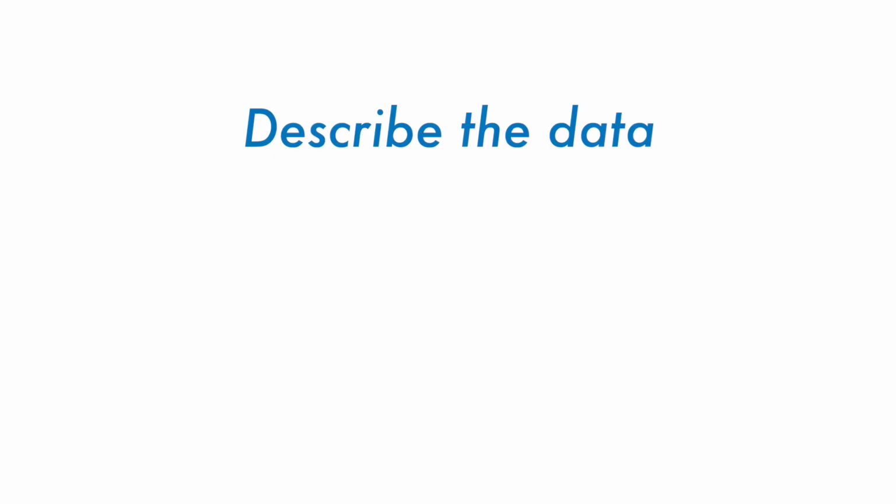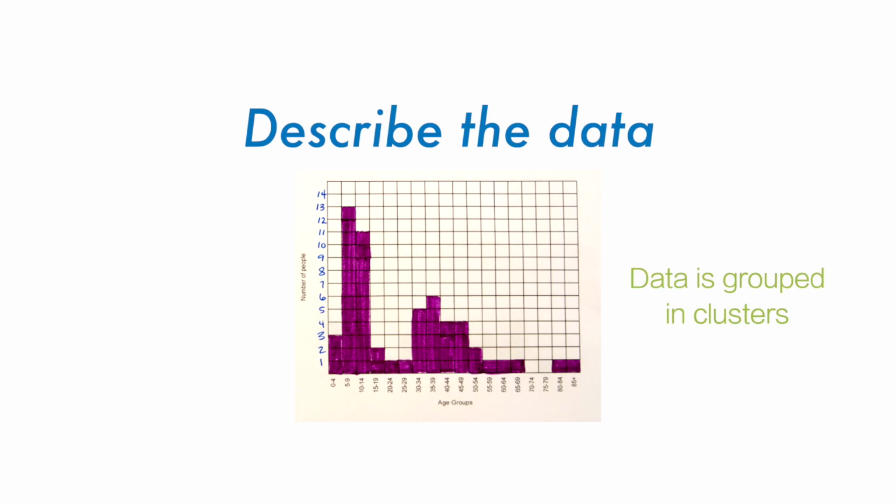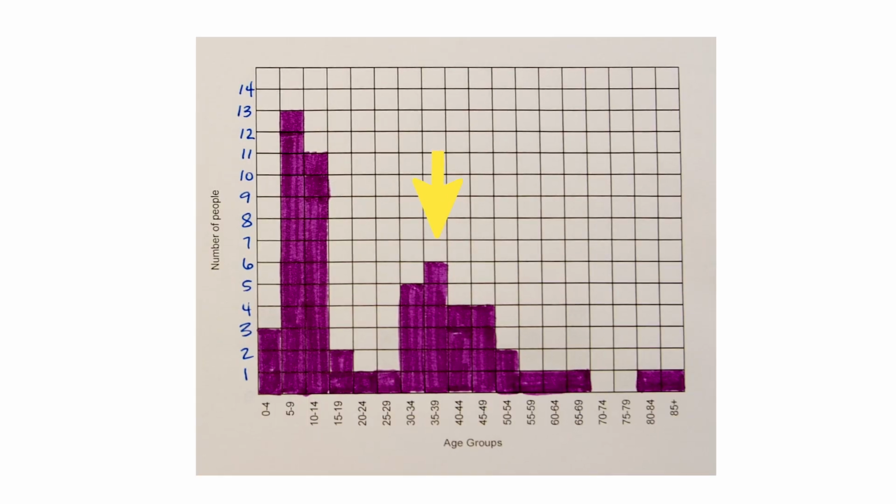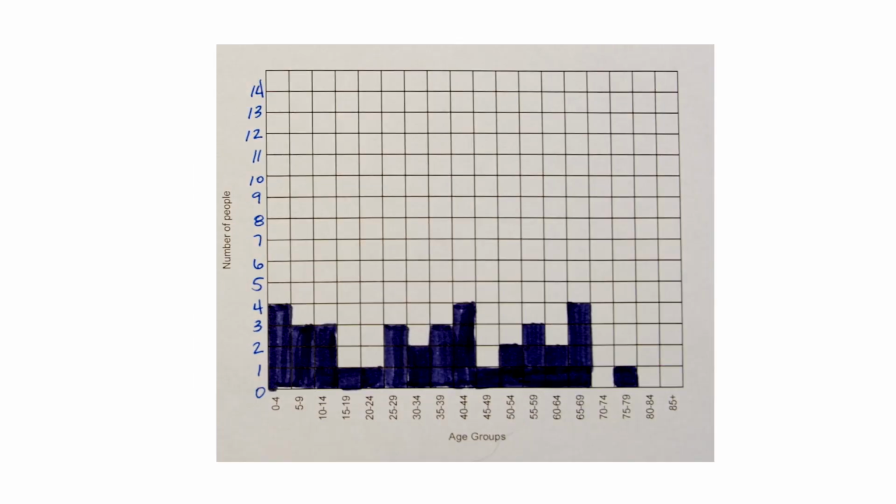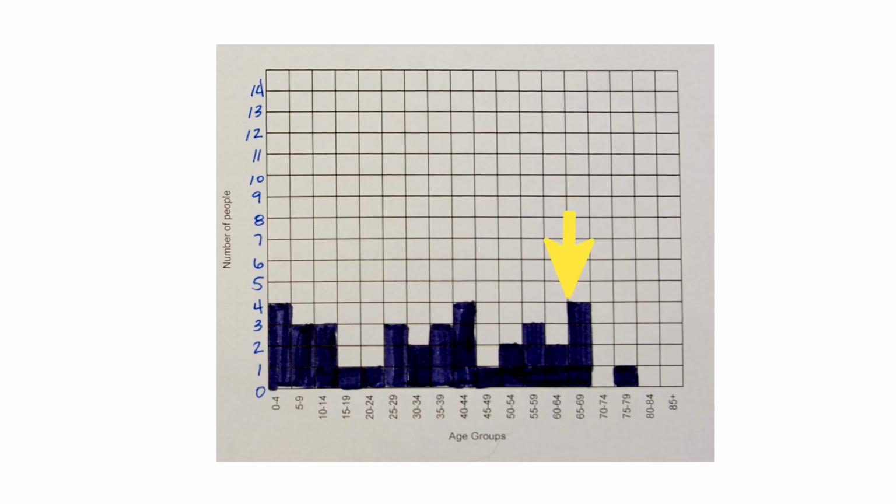If analyzing data is a new skill for your students, you might first ask them to describe their data. For example, they might observe that the ages of people are grouped in clusters. Many of the children in the households might be clustered in ages 5 to 14, and their parents might be clustered in a group ages 30 to 49. Or perhaps there are no big groupings and people are spread out across the age groups. Having verbalized their data sets, students will have an easier time answering questions asking them to apply their newly found information.